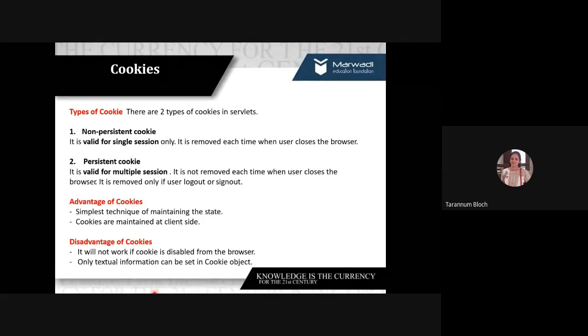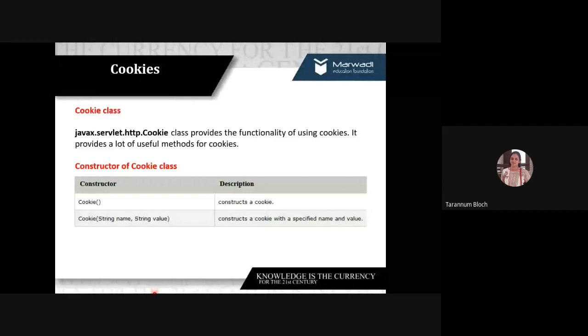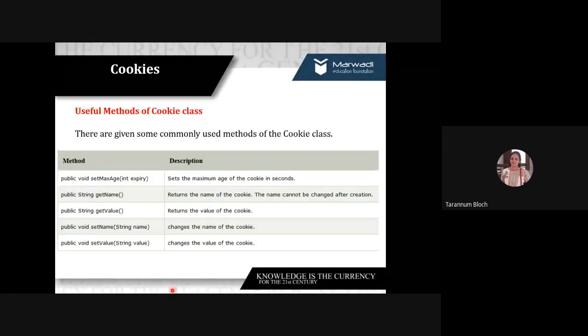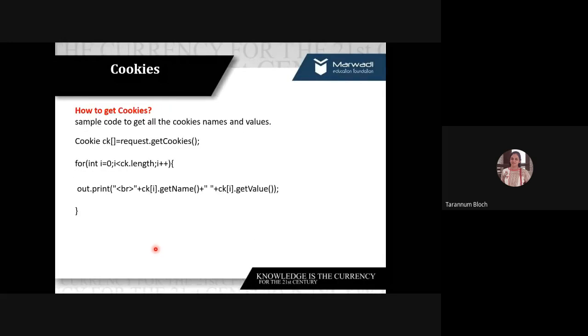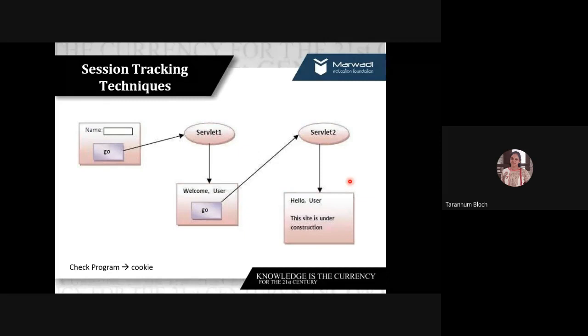Along with that, we have seen the constructors, parameterized and default. We discussed there are 5 important methods, which are setMaxAge, which takes the expiry, as in time availability of the cookie, in seconds. And we have getName, setName, and getValue, setValue. And then we have seen the code block, how we can add, get, and delete the cookies. Fine. We saw a demonstration to read the user name from page to page using cookies.